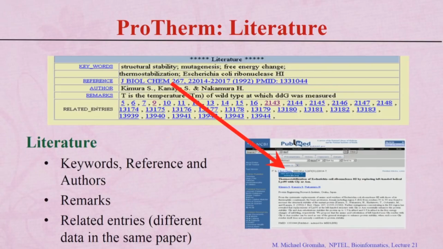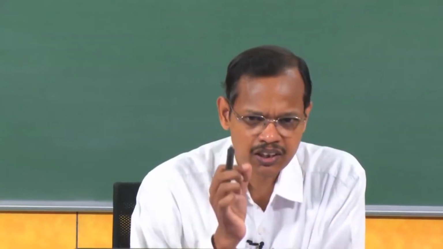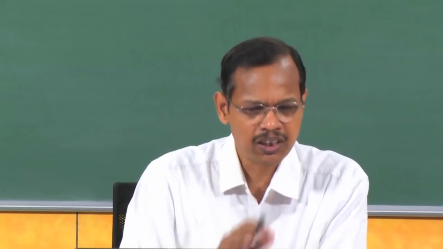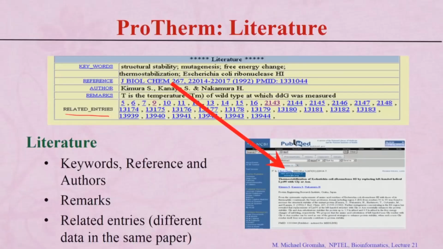Then here we add one more aspect, that is related entries. This means that for any particular mutant or particular delta G values, we give the entries which contain similar protein and similar types of mutants. So these are the entries which deal with the RNase H and the different types of sources, for example this E. coli. So you can see all these related entries and you can compare what are the different conditions, what are the different papers, and how they got the different types of data and what influences the stability,